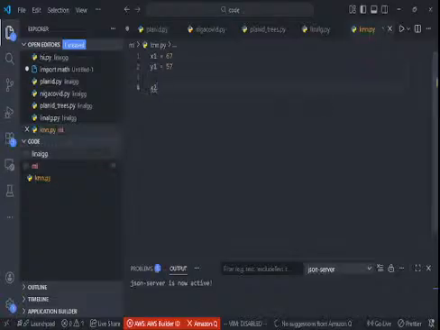And x2 is equal to 68. y2 is going to be, okay. And the Euclidean distance formula is d is equal to